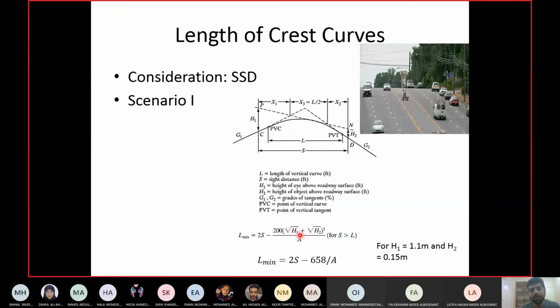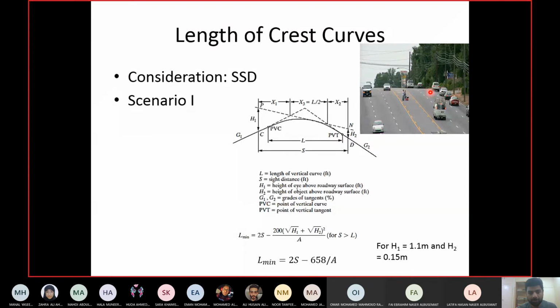H1 is the height of the driver's eye above the road for a car driver. Okay. Then H2 is the height of the object. So which object are we talking about? Again, the object which will frequently come in your way. So if you look at this image, what do you have in front of every car? Another car. In front of every car, there's another car. Okay. This is the most common object which you will have, and for that object you have to stop. If the car is stopped on the road in front of you, you have to avoid it, right? So H2 is the height of the bumper or the height of the tail light of the car. Okay, height of the bumper or height of the tail light, they're more or less the same.